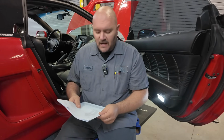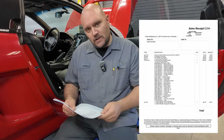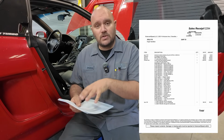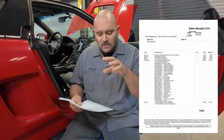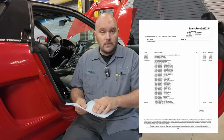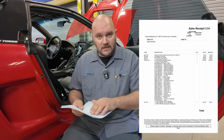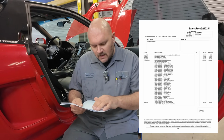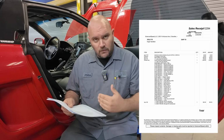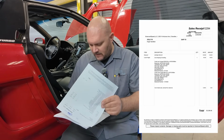But this guy actually did it. So back here in 2008, I'm sure Michael put a picture of this up on here. He had the transmission rebuilt, and I don't even know if the car was turbo in 2008. I just know that he sent the car there to have a full JDM short gear set, NSX 4.3 gear set, or 4.23 gear set, JDM short gears, a full transmission rebuild on this, and that totaled up to, let's see, parts and labor, about